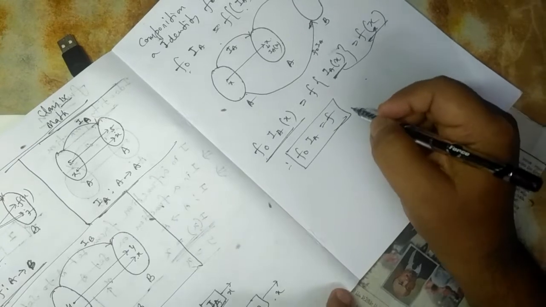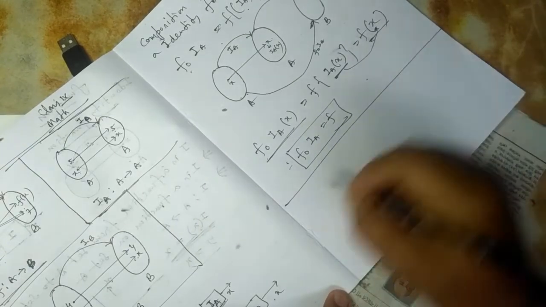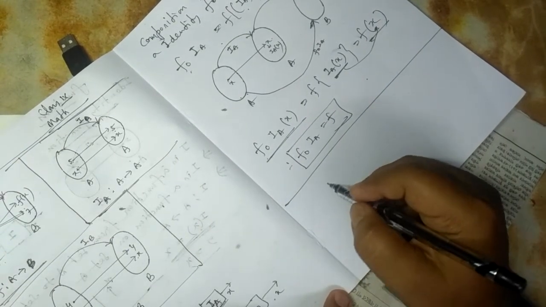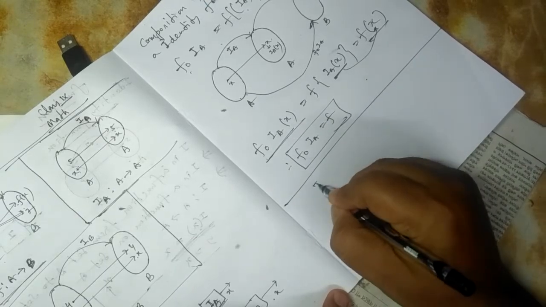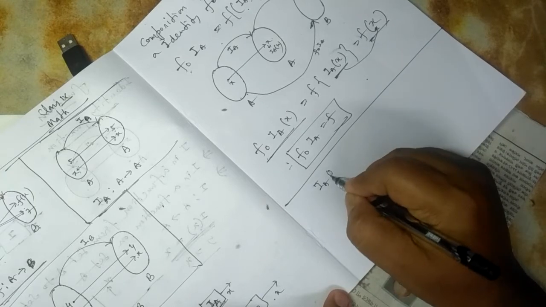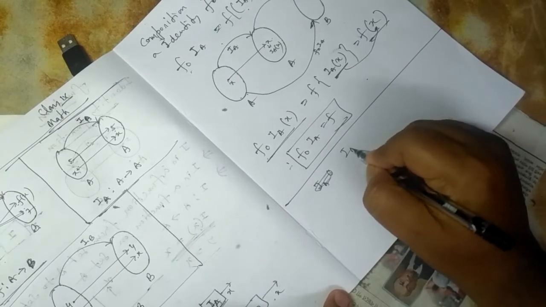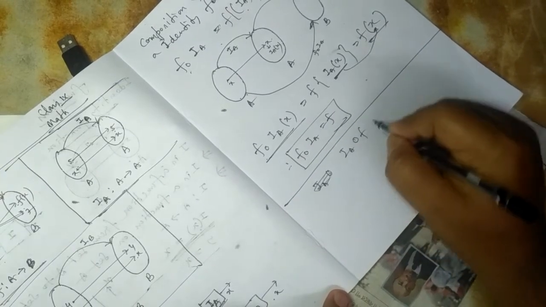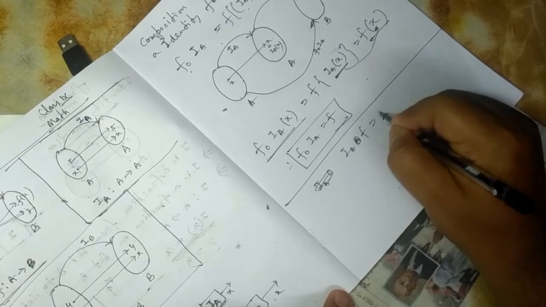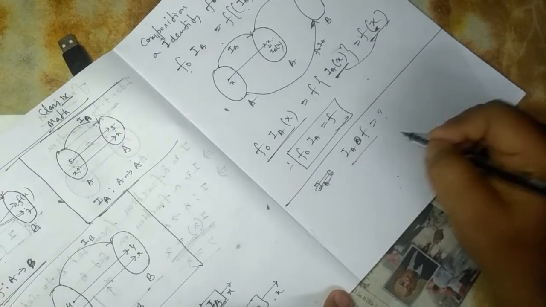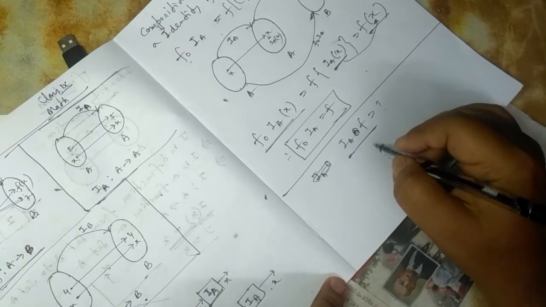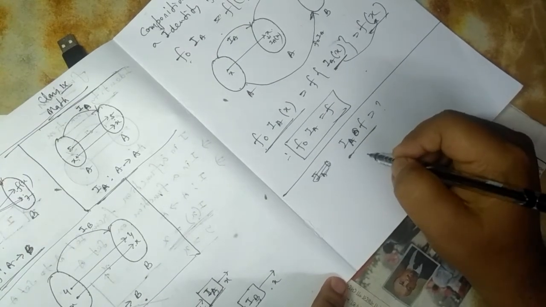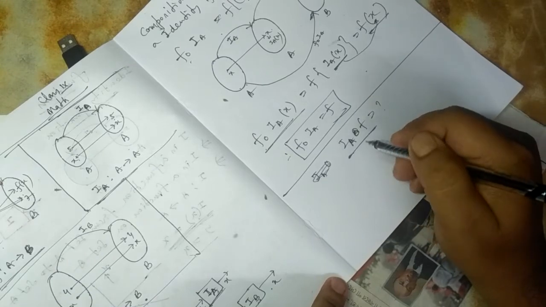Now the thing is that if you try to say what will be the value of IA of F, what is going to be the value of this? I will say that it is not possible. As you know, composition of any two functions cannot always be done,